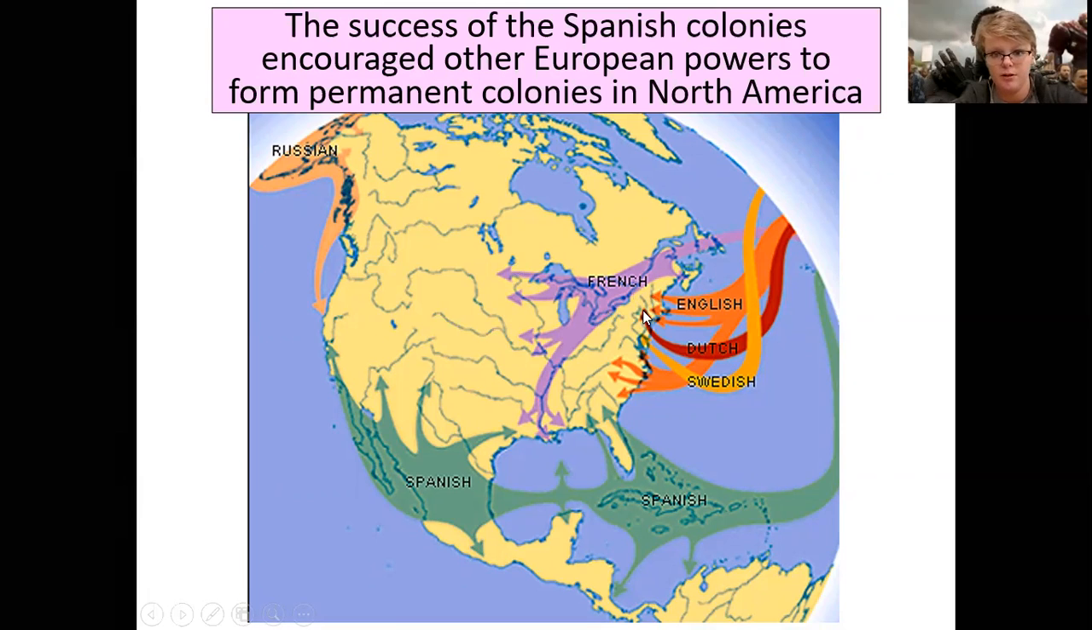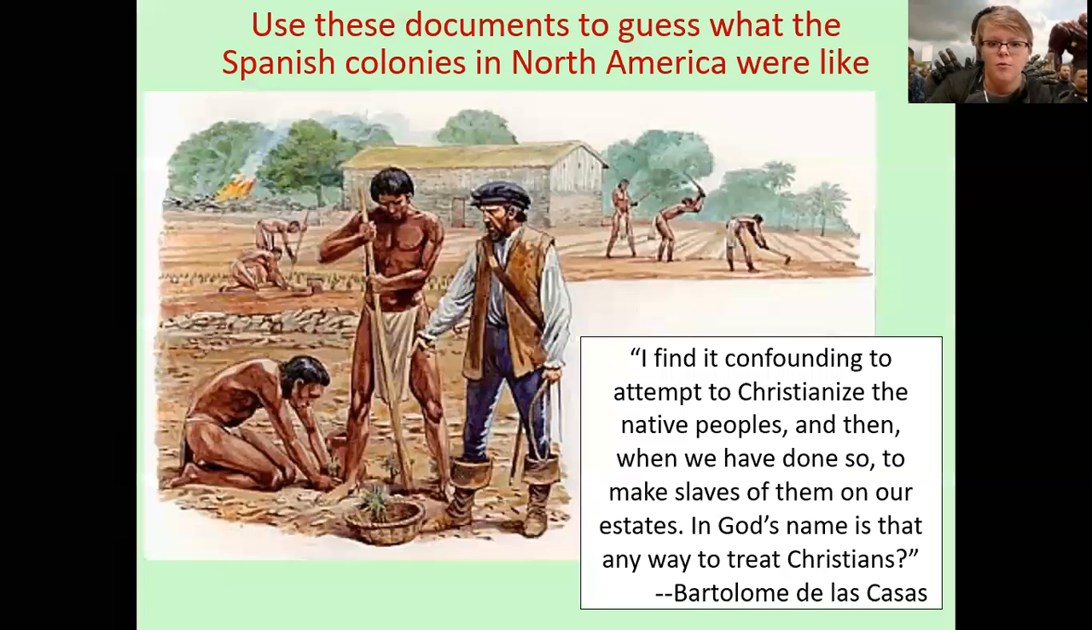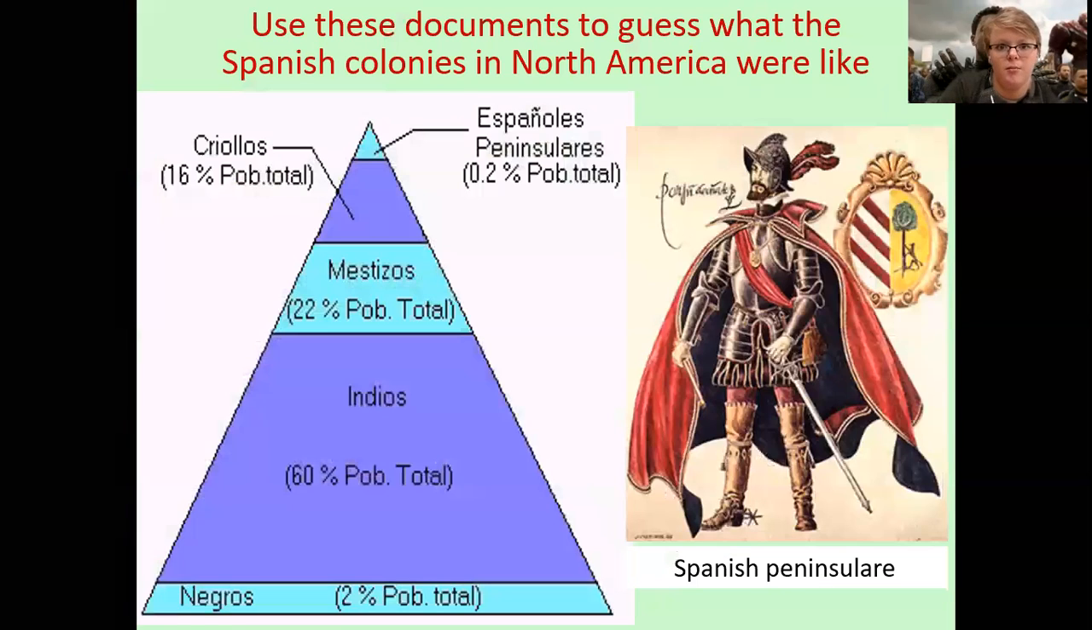The English are going to hit up the colonies. The Dutch are going to be part of this too. The Swedish technically are part of the Dutch in this particular time frame, or we're going to count them as part of the Dutch. We're not going to worry about this part. We are going to talk about the